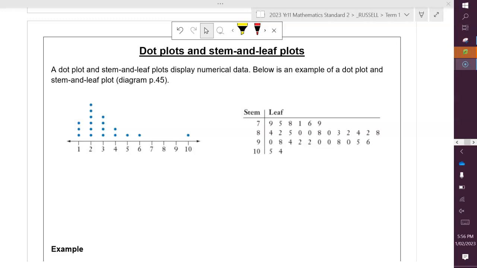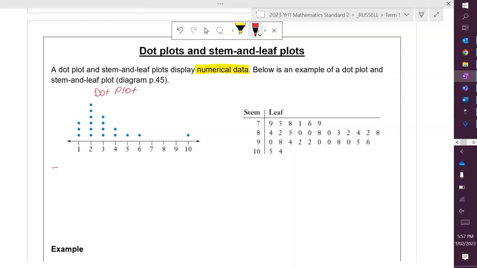This lesson is on dot plots and stem and leaf plots. A dot plot and a stem and leaf plot both display numerical data, and below is an example of both a dot plot and a stem and leaf plot. If we look at the one on the left, which is our dot plot,